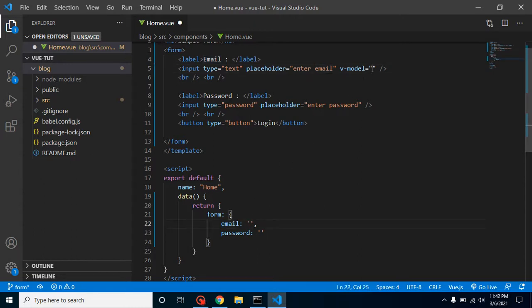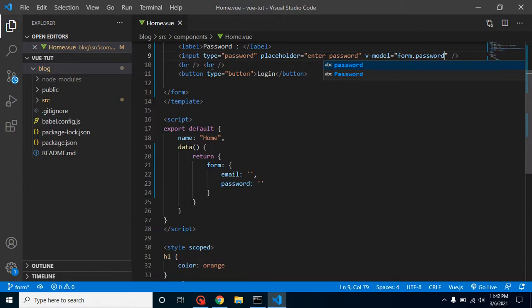So I am putting here form.email, because the parent property is form, and the same thing we can do with the password. So put here form.password.